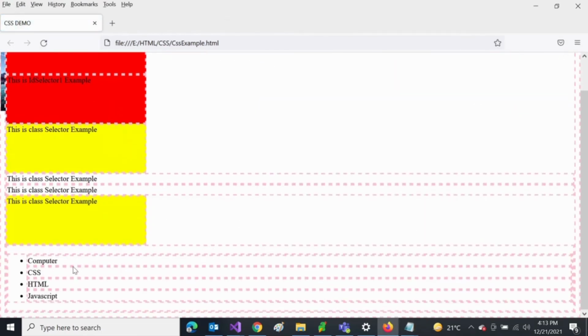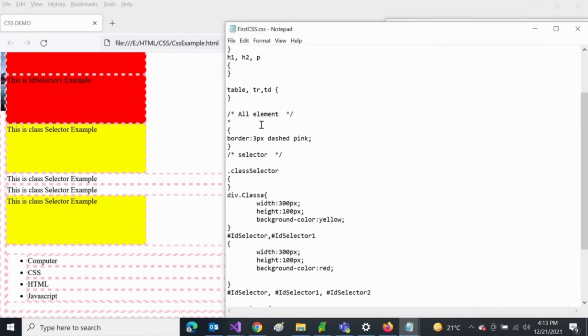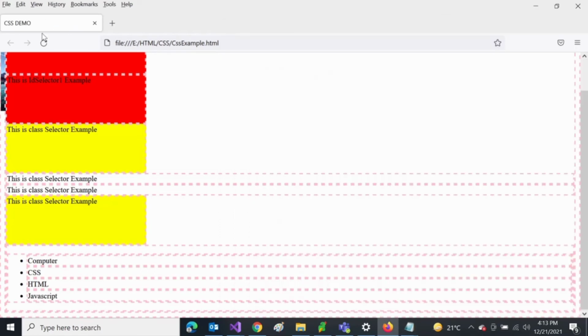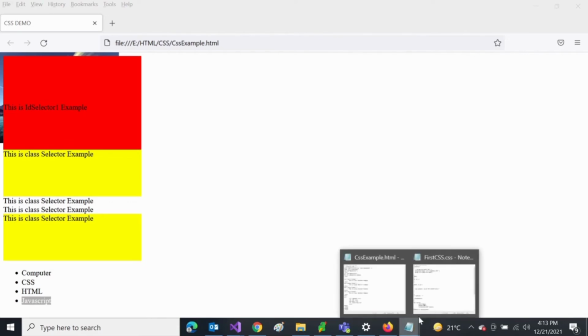I have applied the border first, so the list item has been displayed, but let me clear the border from the all selector. Just comment it. If you make the same mistake again, it will not work, so put it in slash star and star slash. Now it looks clear.